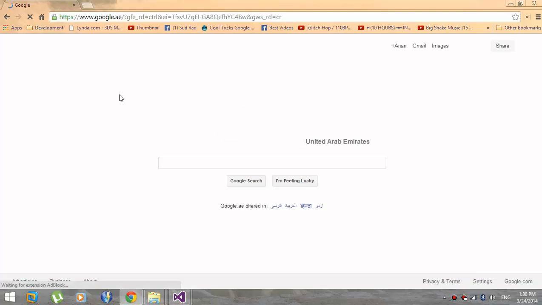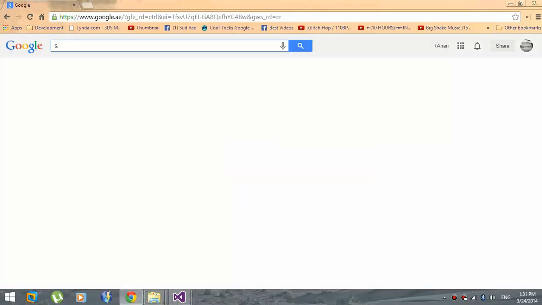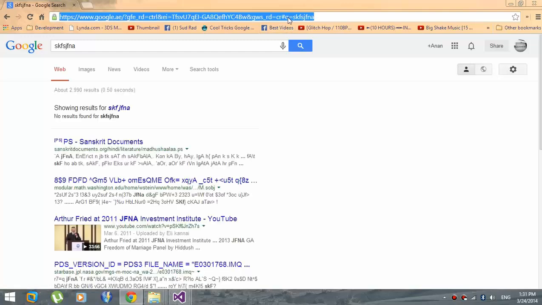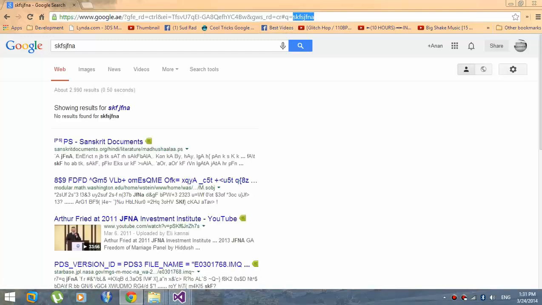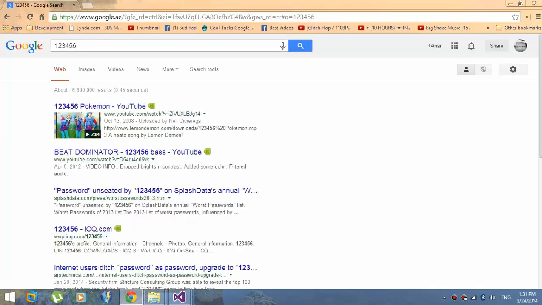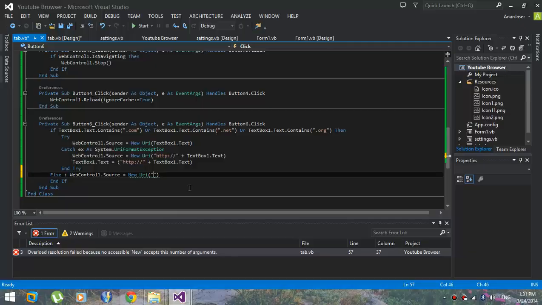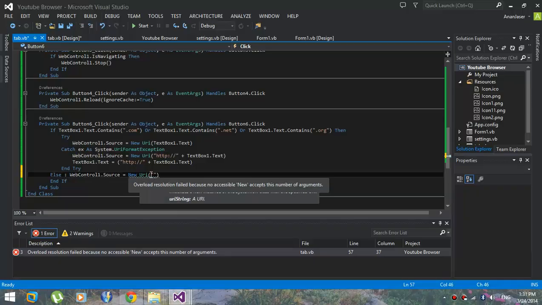In future tutorials, I will show you how you can add search engines like Facebook, YouTube, and any other search engine you would like, including Bing and stuff. So type in anything here, and then you will see here you'll have equals. Just copy everything beyond this equals, and as you can see, if you type anything here, it's going to go in this box. So let's go back to our code, add these two things here, and then paste in the